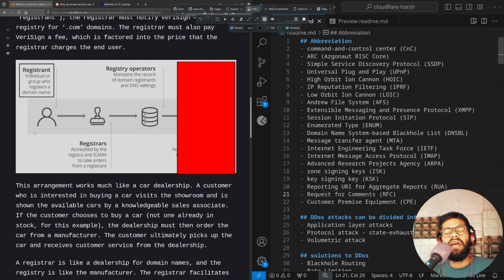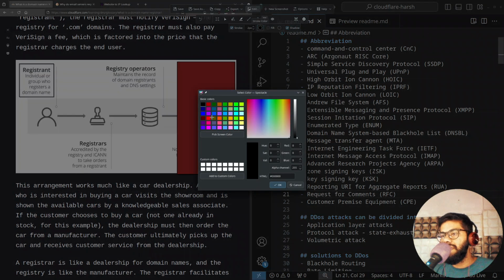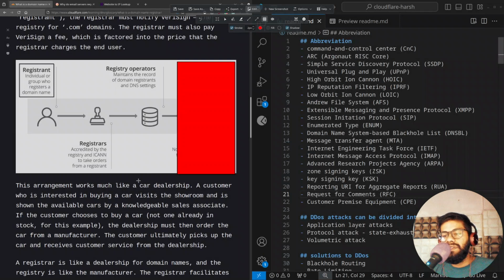Suppose I become a registrant for a day and I go to a registrar. Registrars are like the showroom. Wait a second, I have to change the color. Red is a good one. So the registrar is like a car dealership. We have to visit and see whether my favorite car is present at the dealership or not. If it is not present, I have to create an order to the registrar, and what the registrar will do,